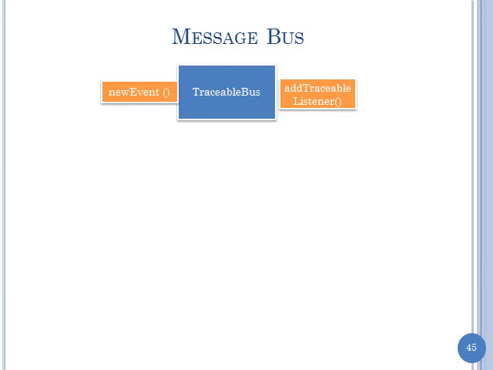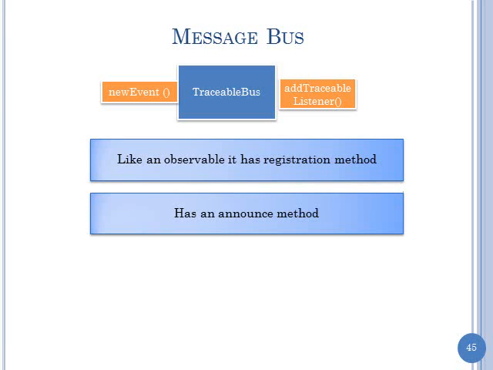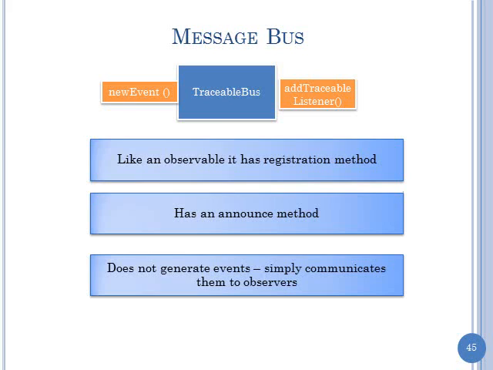So this is really the main idea here, the message bus, which I'm calling a traceable bus because this is a bus that has traceables in it. It has an announce method and does not generate events, simply communicates them to observers. Okay, and I'm telling you that this is Steve Rice, I told you, from Boston,